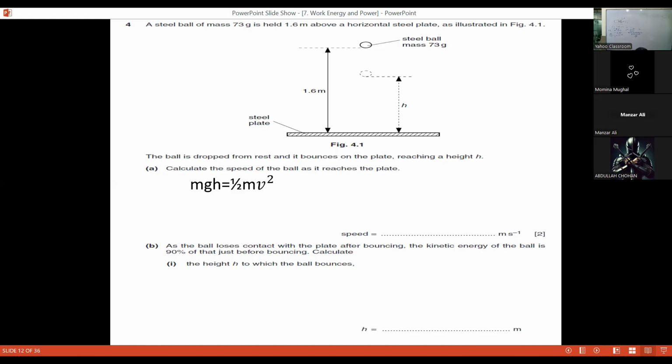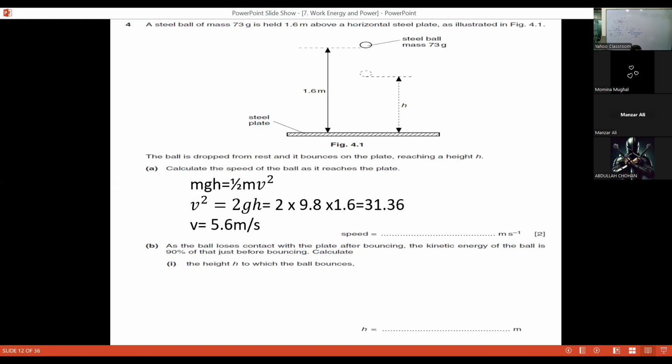सिंपली जो पोटेंशियल एनर्जी है वही काइनेटिक एनर्जी बन जाए। mgh will be equal to half mv squared, और यहां से m कट जाएगा तो v squared will be equal to 2gh, and from here this will be the velocity with which it will be hitting the ground. अब जरा यहां पे देखिए, जब वो राइज कर रहा है सेकेंड टाइम, तो वो सेम हाइट तक नहीं जा रहा। क्यों नहीं जा रहा? और से देखिए क्या कहता है, after bouncing the kinetic energy of the ball is only 90% of that just before bouncing. जो भी एनर्जी थी उसकी 90% रह गई।